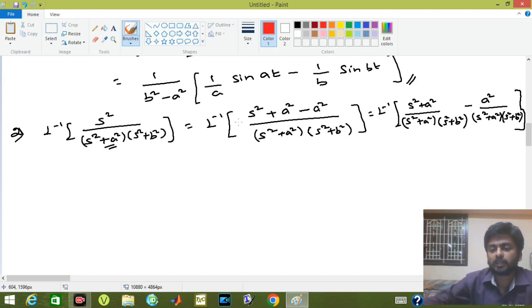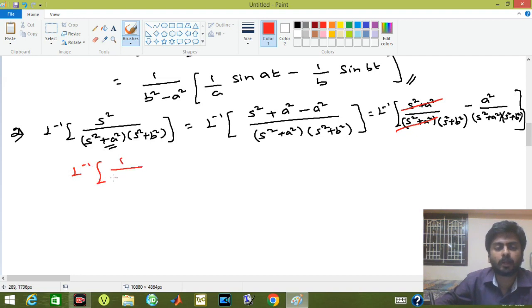So that is the main reason. So here s square plus a square and s square plus a square will get cancelled. Here both s square plus a square will get cancelled. So you will have L inverse of